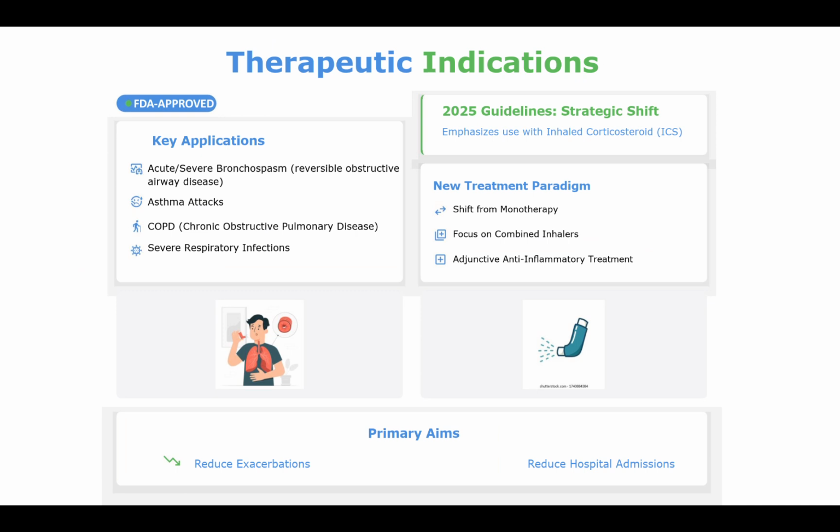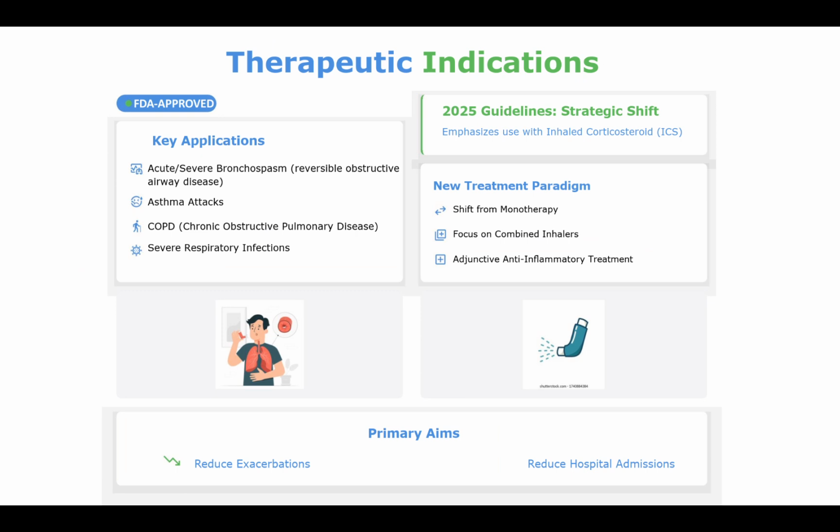Let's cover the therapeutic indications of salbutamol, highlighting its primary roles and evolving guidelines. The FDA approves salbutamol for the treatment and prevention of acute or severe bronchospasm in patients with reversible obstructive airway disease, including exercise-induced bronchospasm, a common trigger in athletes or active individuals. In practice, it's a frontline agent for acute asthma attacks, providing quick symptom relief. It is also used for chronic obstructive pulmonary disease exacerbation, where it eases airflow limitation, and for bronchoconstriction in severe respiratory infections like viral